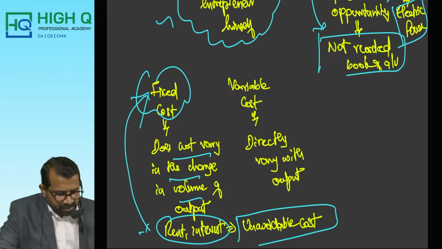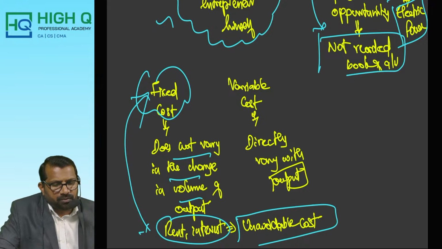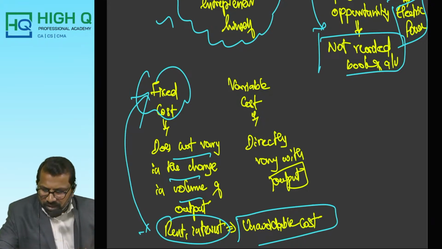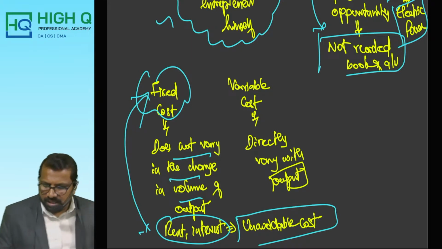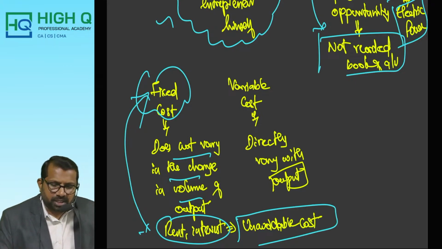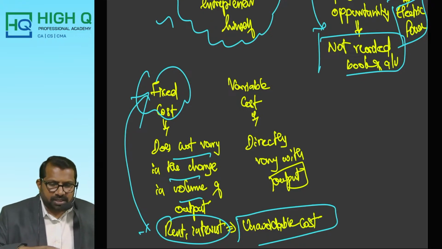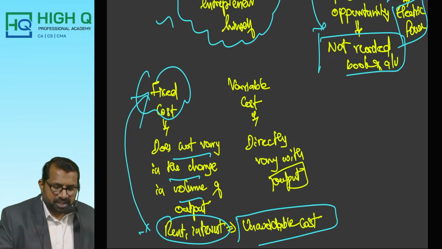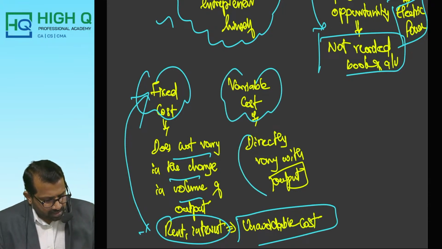So likewise, variable cost varies with what? Output. Based on how much raw material you have decided to incur, the cost also increases. As the number of units increases, raw material cost also increases, and in the same way production cost also increases. So it varies directly with the change in output. Whenever you make some changes in the output, this is reflected in the other costs also. Hence it is called variable cost.